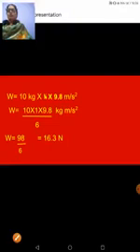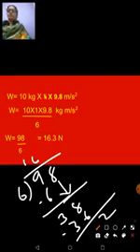Now, when you divide 98 by 6, you get 1, 6s are 6, subtract, you get 3, then drop down this 8 here. 6 into 6 is 36, when you subtract, you get a 2, then again keep a decimal point, add a 0, 3 into 6 is 18, again when you subtract, you get a 2 which is recurring. Therefore the answer is 16.3